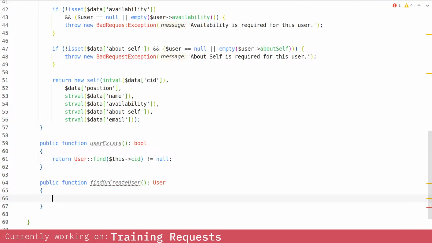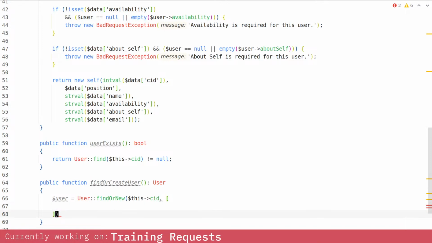Right. This user find or new this CID, and